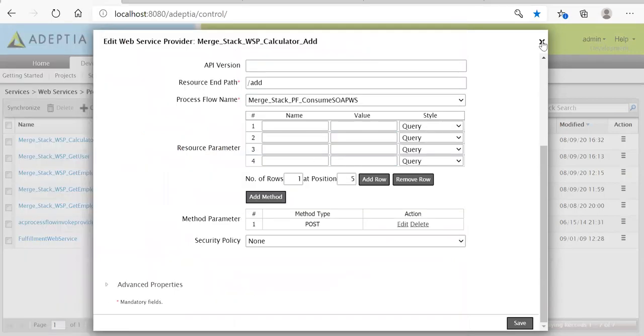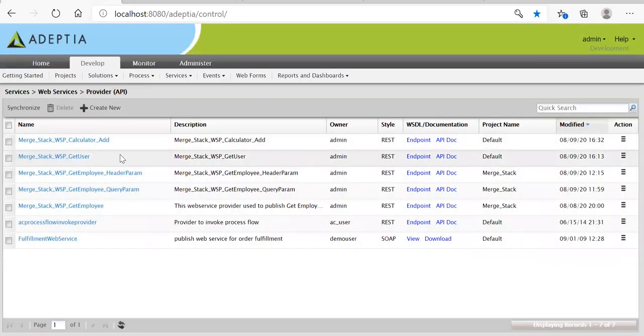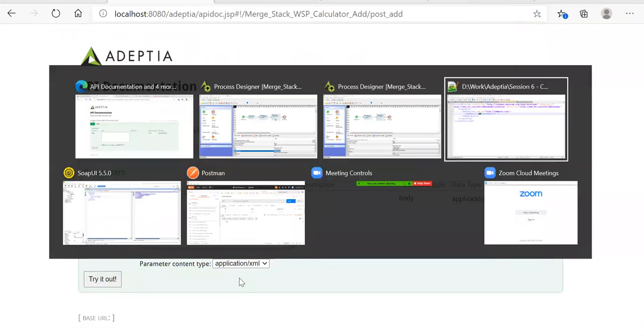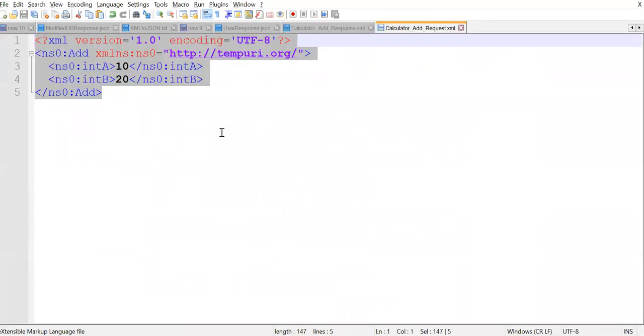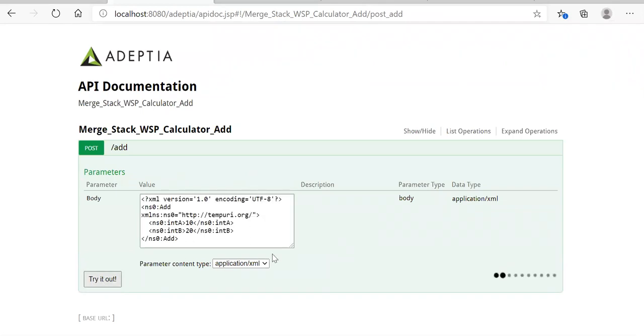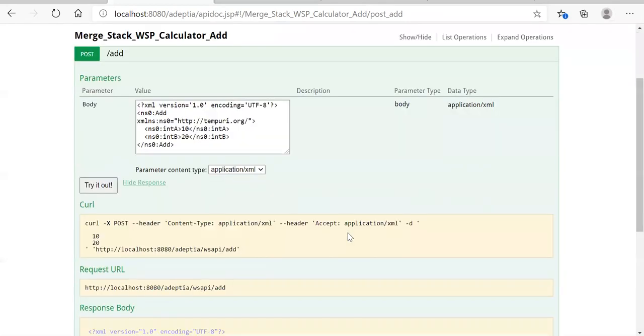Let's see how we can access this. Let's go to the API doc again. Since this is a post method, we will expect the body. Let's copy the body from the notepad. This is the body that is expected. Let me pass it here and hit try out.